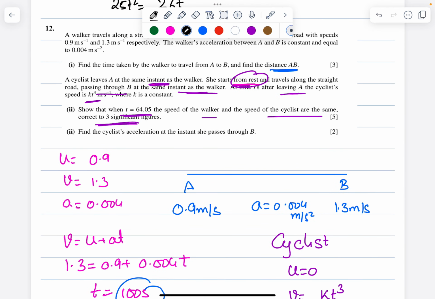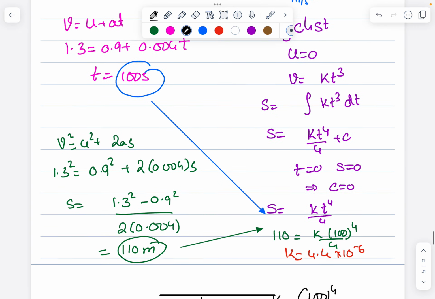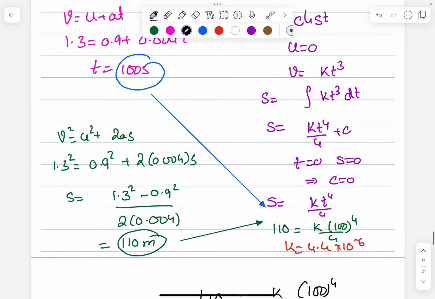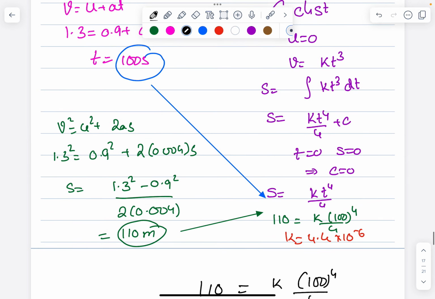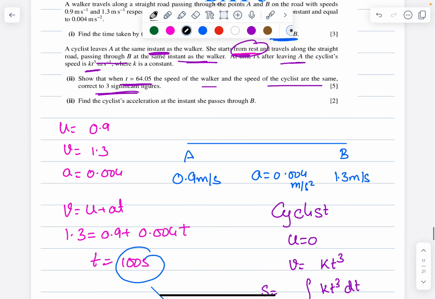Show that the time t equals, when the speed of the walker and the speed of the cyclist are the same, correct to three significant figures. The speed of the cyclist and speed of the walker should be the same at t equals